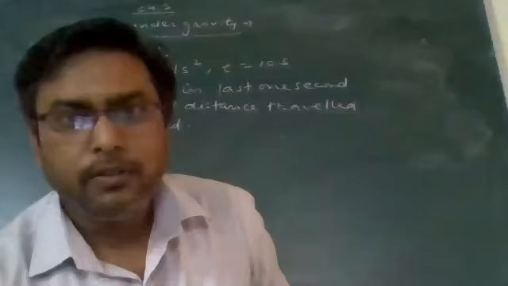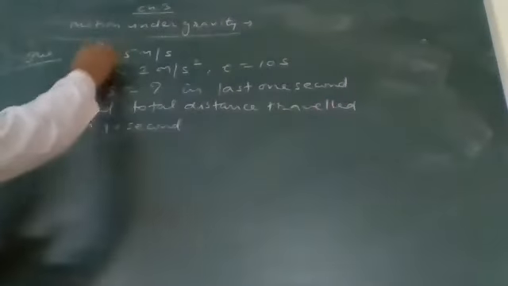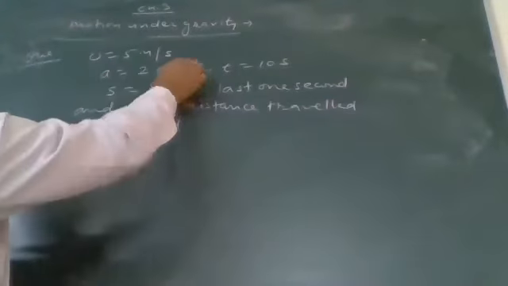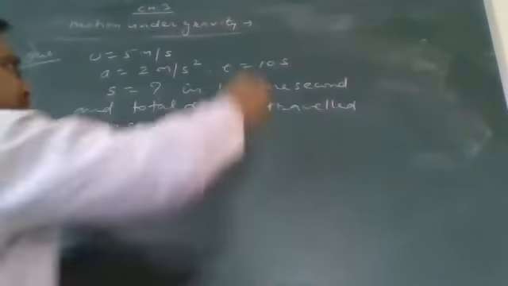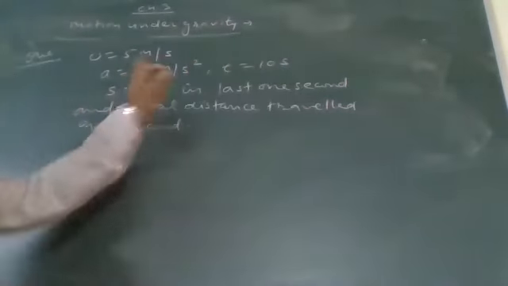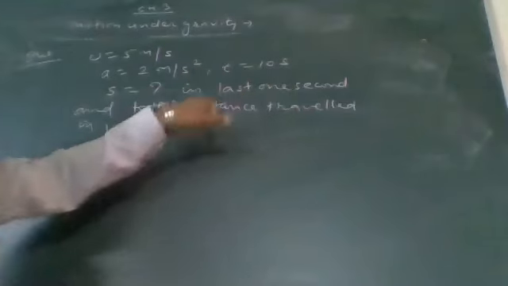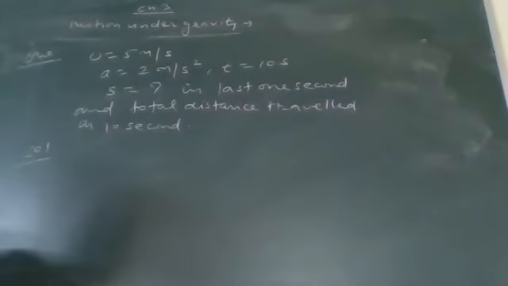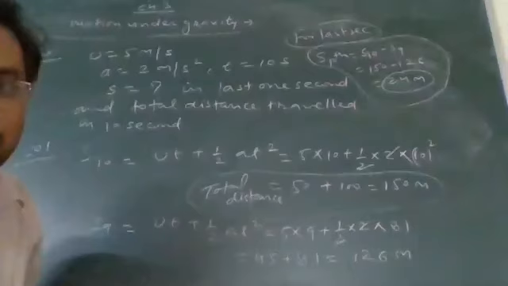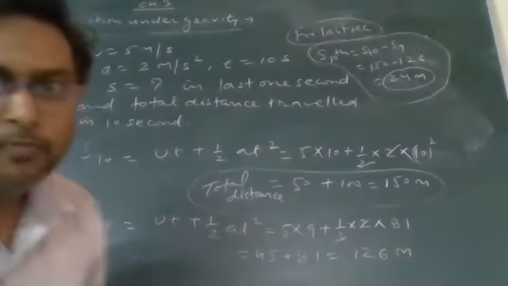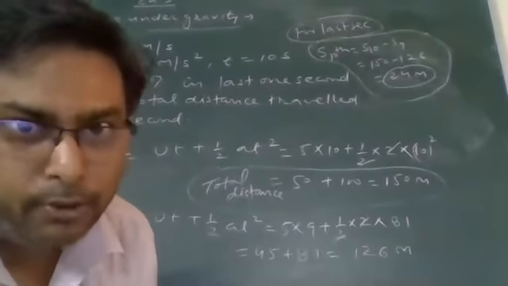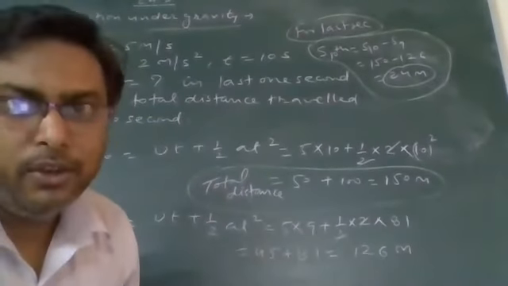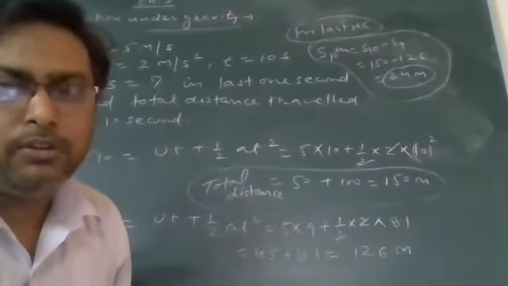So first, I have given this question: an object is moving with 5 meters per second, with acceleration constantly 2 meters per second square for 10 seconds. You have to find the displacement in the last 1 second and the total distance traveled. Then how will you solve it? You will solve it by two different equations. Last second 24 and total distance is 150 meters. Okay, a number of students responded, it is good, correct.